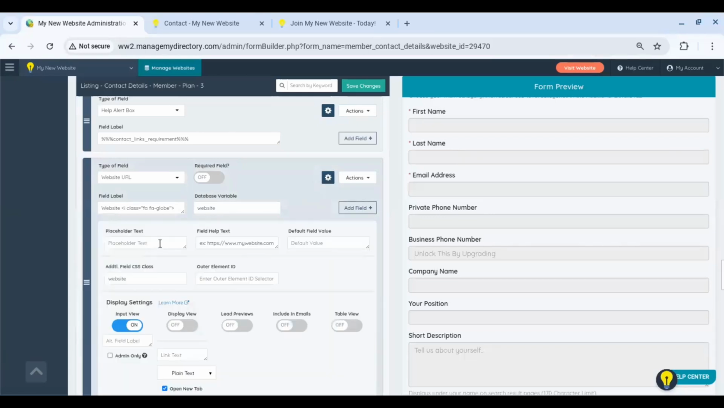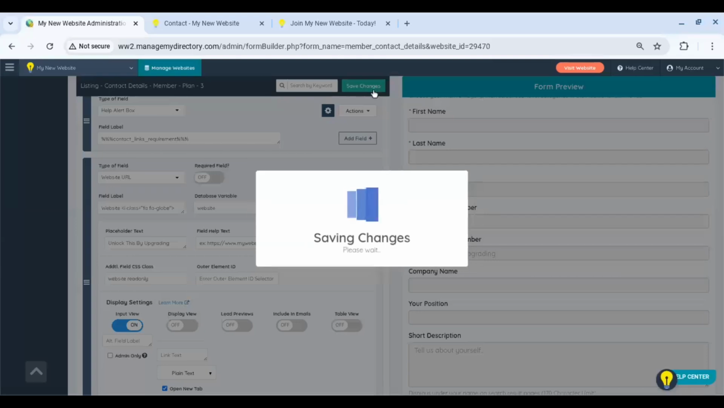Open up the settings. In the placeholder, just put unlock this by upgrading. And again, you can use whatever text you want. It might be unlock this feature by upgrading, unlock this today by upgrading, or something like that. In the additional field CSS class, the word website is there. Just put a space and then read only. Okay, and then you can repeat this for everything, all your other links on the form. So if we save that,